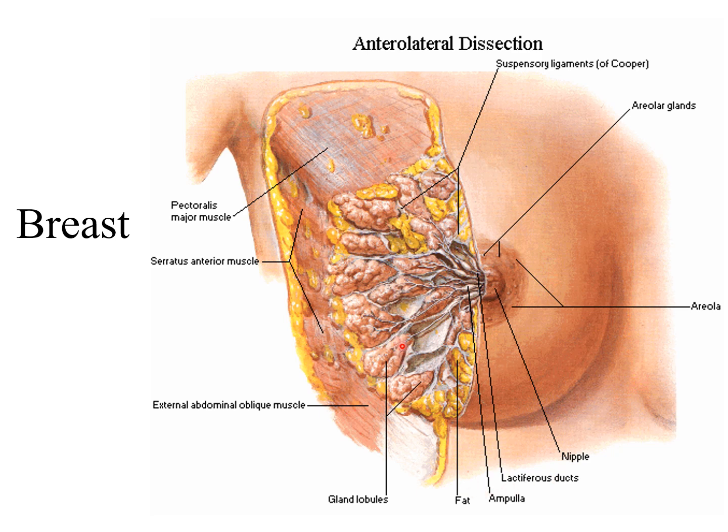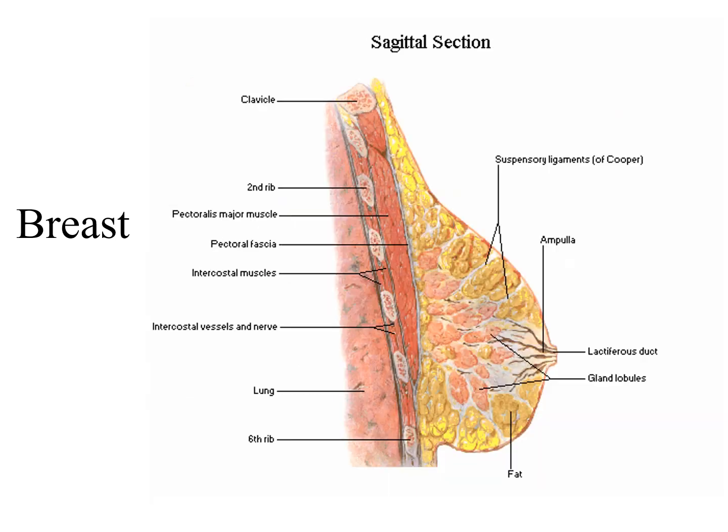From each lobule or glandular tissue, the ducts are heading in a vertical or radial direction, because it is a circular structure. So from every side these lactiferous ducts are moving towards the center, that is the nipple area, and before they enter the nipple they have some dilatations, and these dilatations are known as ampulla. Along with that, in this diagram we also see ligaments known as the suspensory ligaments of Cooper, which are supporting the breast. So we will see in the picture.